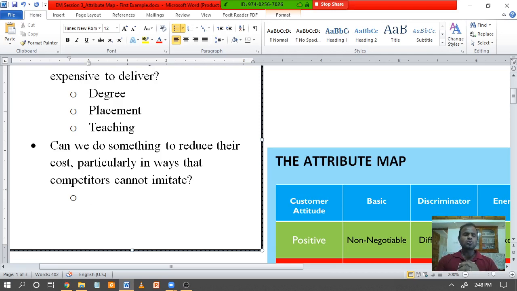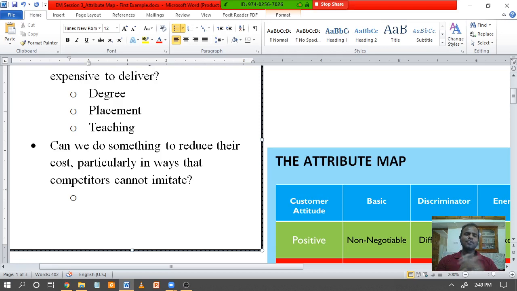So can this classroom delivery system be moved somewhere else? For example, thanks to this lockdown, are you able to see virtual online classrooms being floated now by almost every faculty? This was not even conceived in the minds of faculties before, right? But now they are forced to do it. But is it reducing the cost actually with respect to teaching? Will it be reducing the cost? To a great extent, I believe, right?